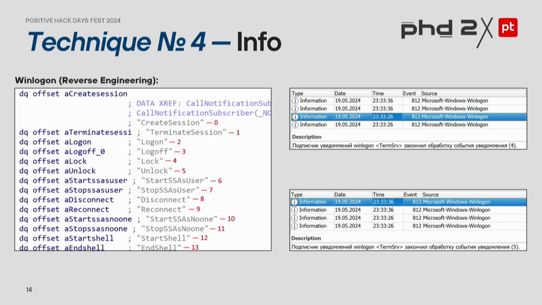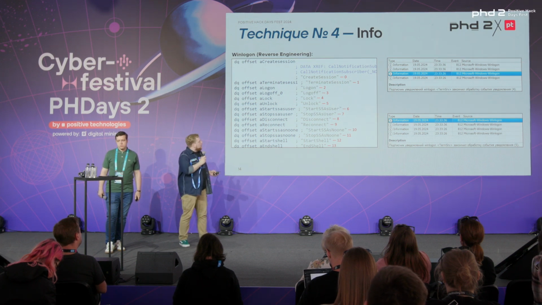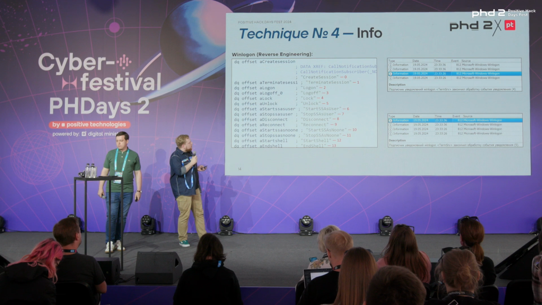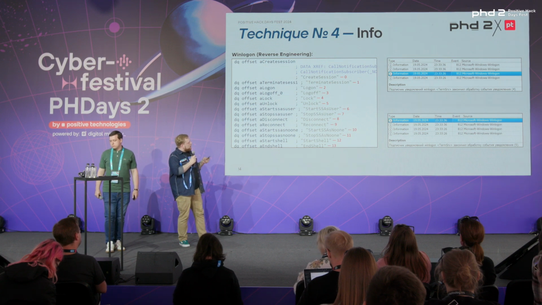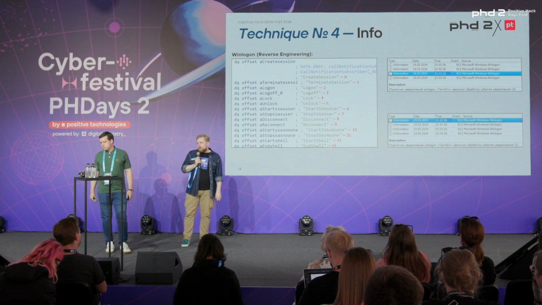these 2 screenshots, because it says well, we get an SRV value, and 4 and 5 are the identification numbers. We had to go to Wing logon to analyze it in depth, and the reverse engineering led us to believe that 4 stands for blocking of the desktop screen, while 5 stands for unlocking. And